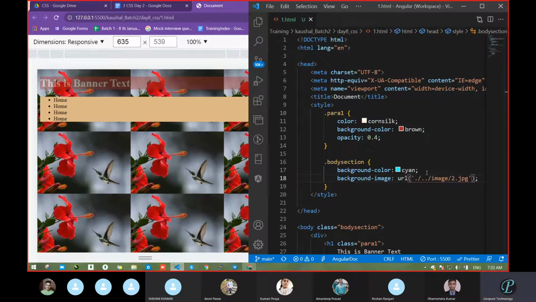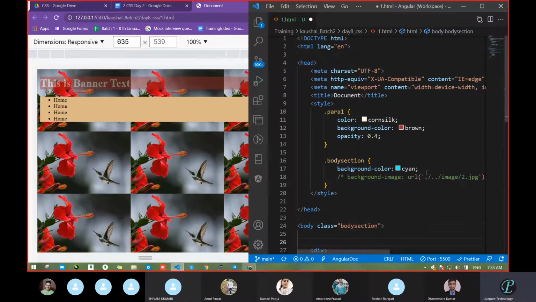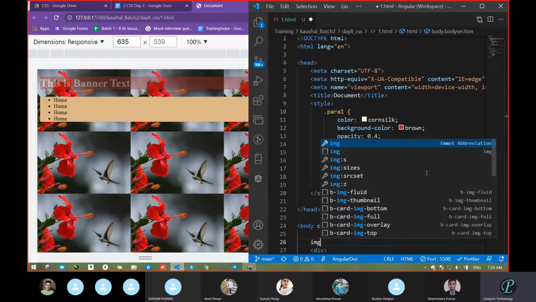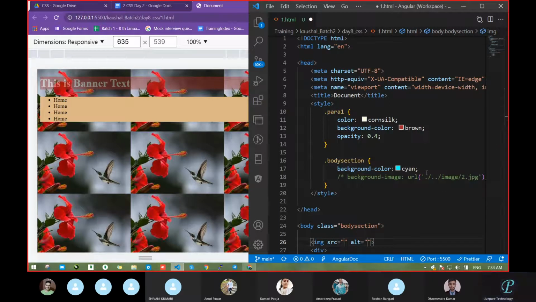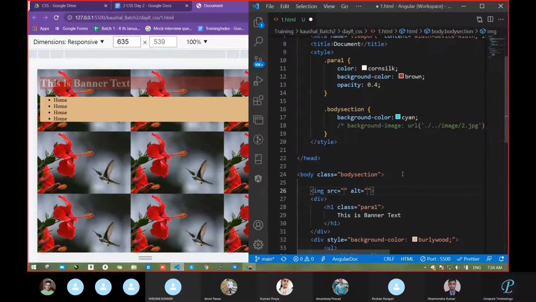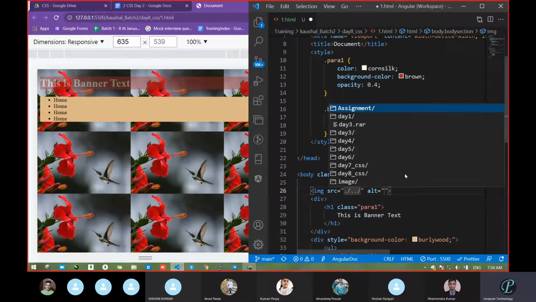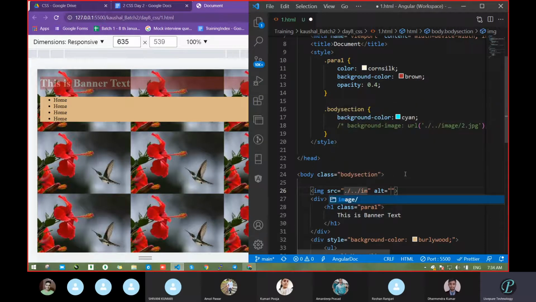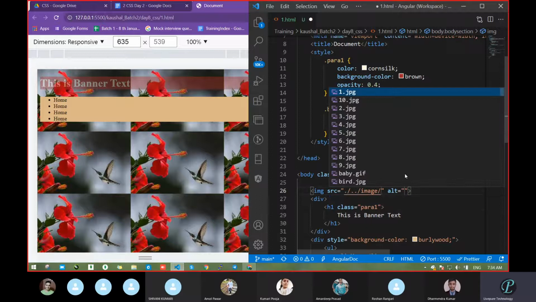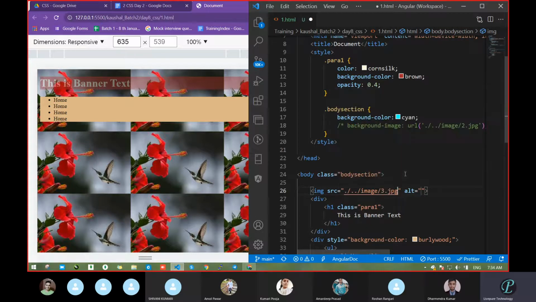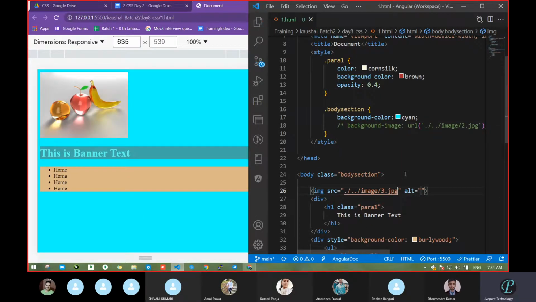But I do not want it to be that way. In the case of the img tag, see how we were passing it. Dot slash, dot slash, then the image, then we take any image. Let's see, we got one image.